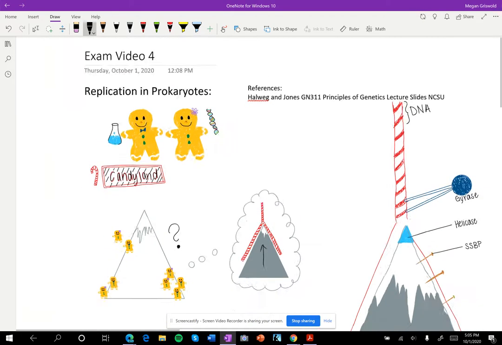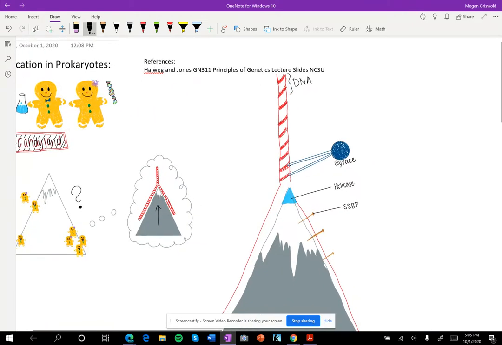Immediately they get to work and use a nearby gyrase tool to release supercoiling of the candy cane DNA ahead of the replication fork. They also use a helicase tool that attaches to the top of the mountain and breaks into the hydrogen bonds holding the candy cane DNA strands together as it moves through the mountain replication fork. To ensure that the candy cane DNA does not loop into hairpins, they use large nail, single-stranded binding proteins as